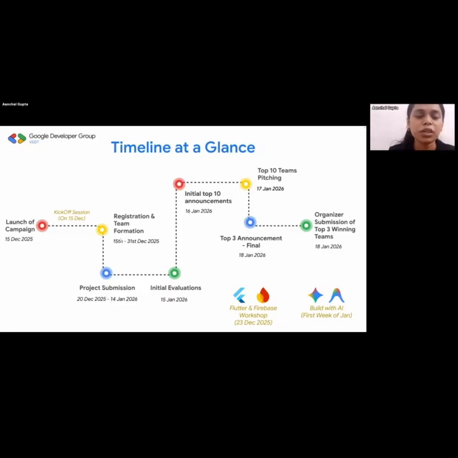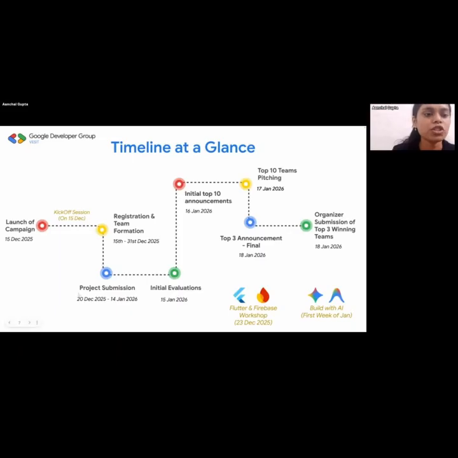So our hackathon is being hosted on the Hack to Skill platform, and in the different mails we have also shared all the links to register. So you can register your team, form your team from 15 to 31st December. Till 31st December you're supposed to register, that is the deadline.